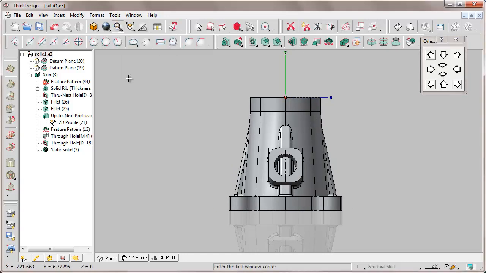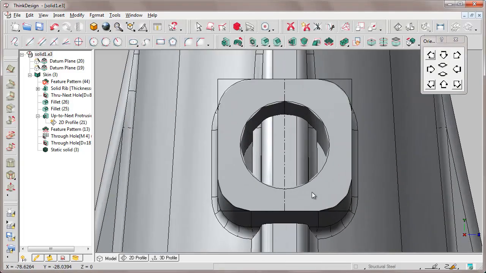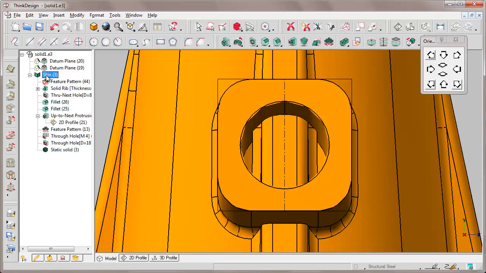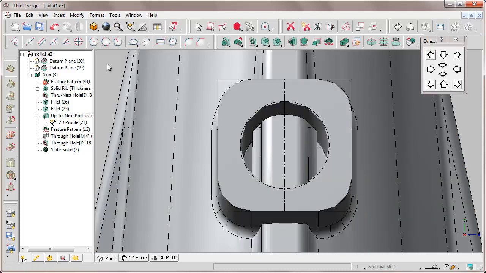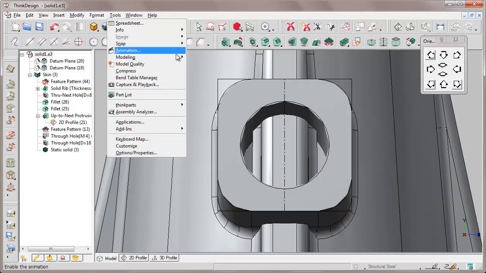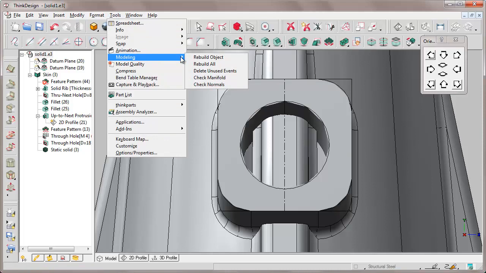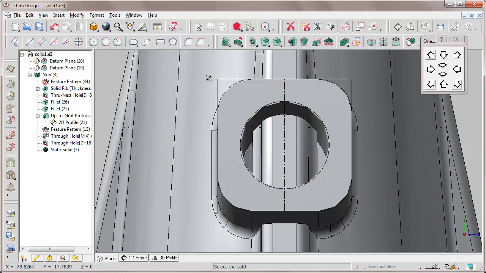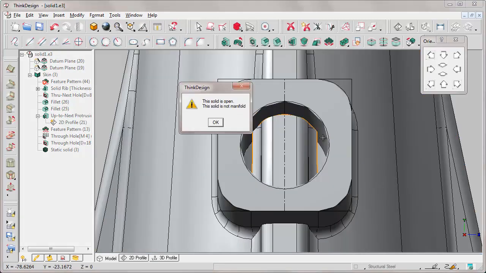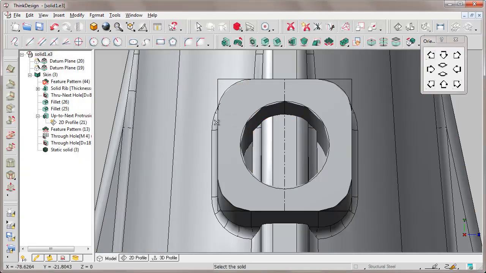We can already see it visually, zooming in correspondence of the hole made on that protrusion. It says something is wrong. On the other hand, also in the history tree, we can view a new item, a skin, that is an actual skin and not a solid, so it is a kind of solid that we can check by the Tools Check Manifold command.